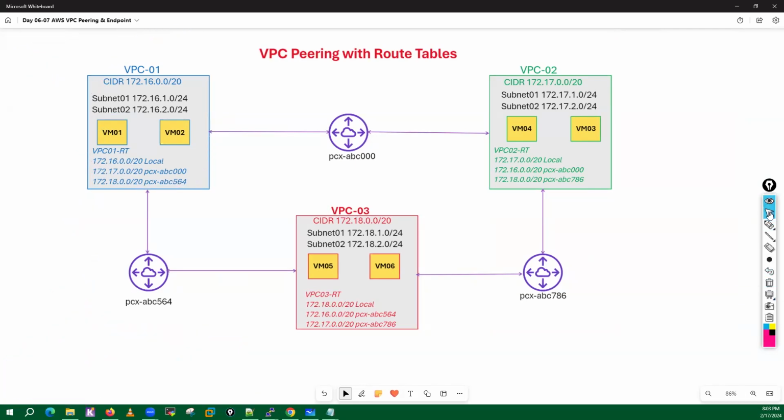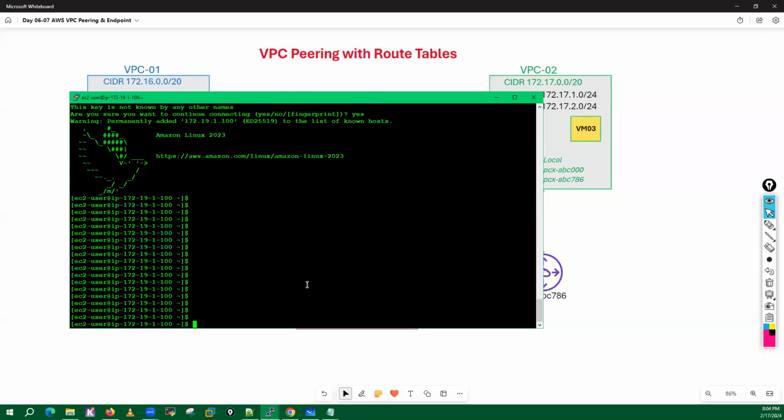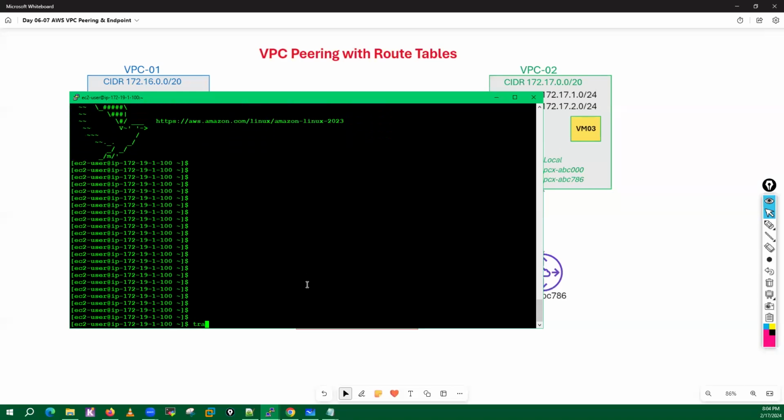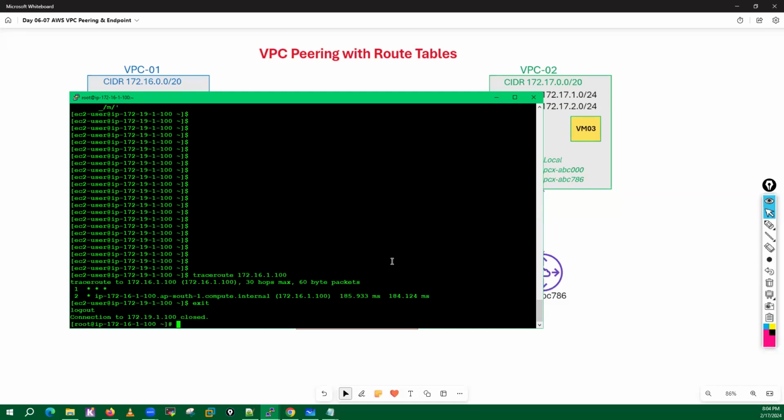And if you want to check, let's do one more test here. See, you can traceroute 172.16.1.100. See, direct connection. Only one hop. Exit.